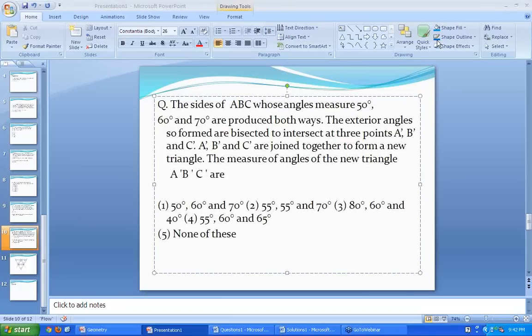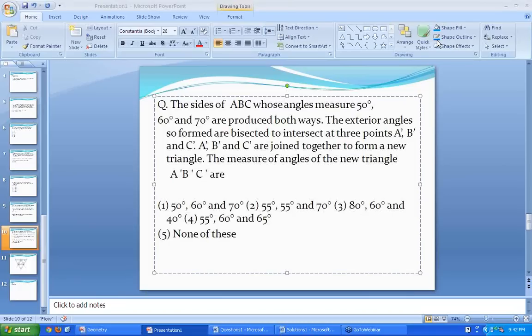Now the question says that the sides have been extended. In this figure we have just extended AB. You can see AB has been extended and it has been bisected. If we extend all the sides, still the same triangle would be formed, and when we bisect it, another triangle will be formed. If you know the interior angles, you can definitely calculate the